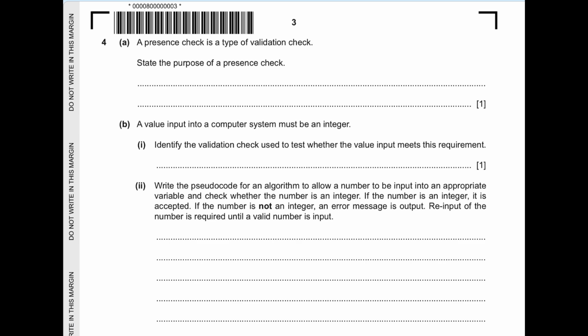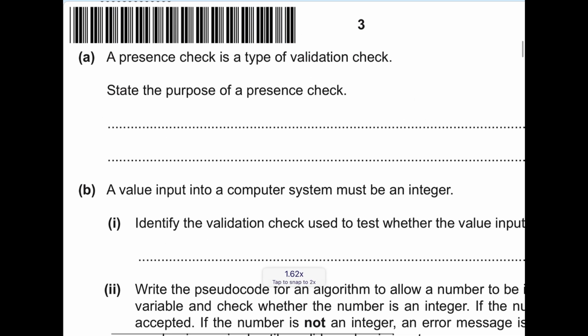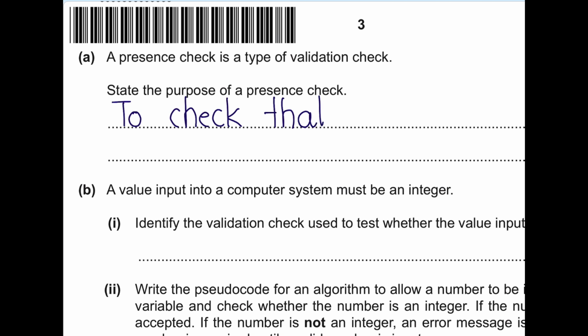State the purpose of a presence check. Now basically the purpose of a presence check is to check that a value has been entered. So often when you fill out forms, you would see a red star on some of the fields,